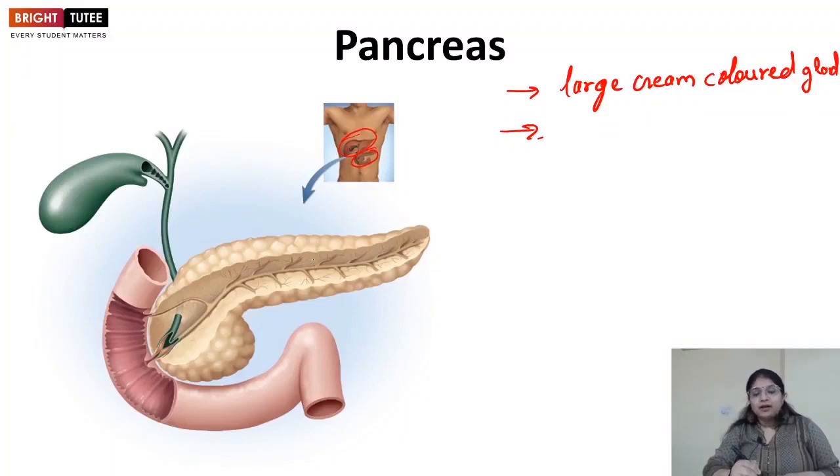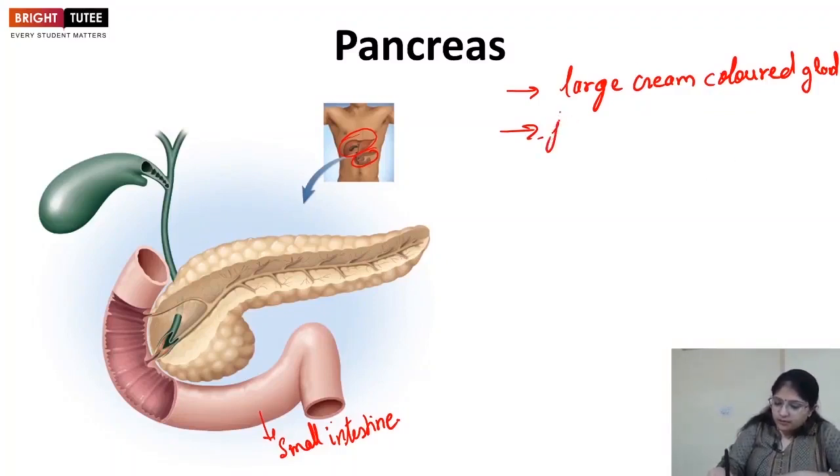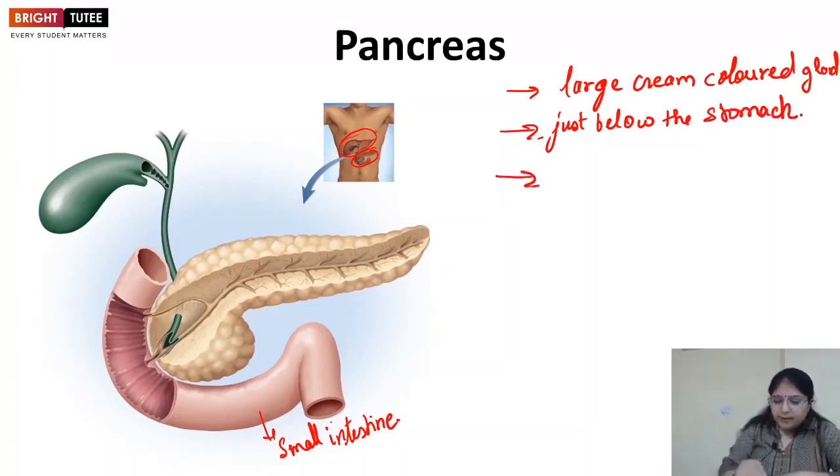So this is the magnified image of the pancreas, and you can see how this pancreas, now this is the small intestine, right? It indicates the small intestine. The small part indicates the part of the small intestine, right? And whatever secretion the pancreas gives out goes into this small intestine, right? So where is it located? It is located just below the stomach, right? What does it secrete? The pancreatic juice, right? So it secretes pancreatic juice,